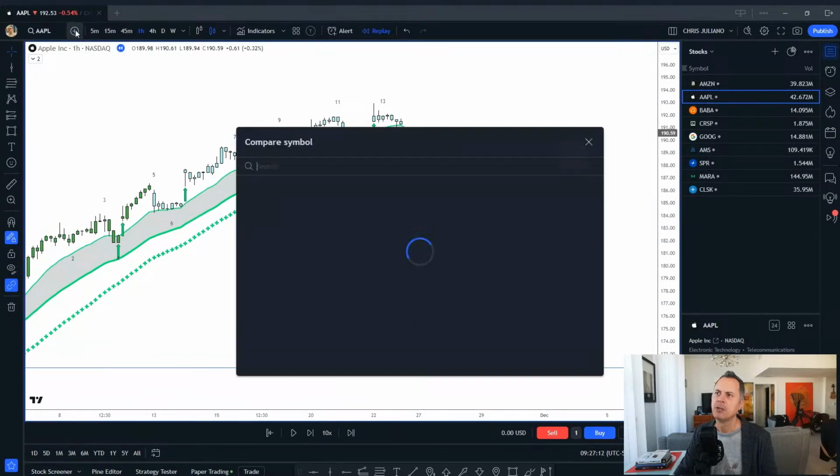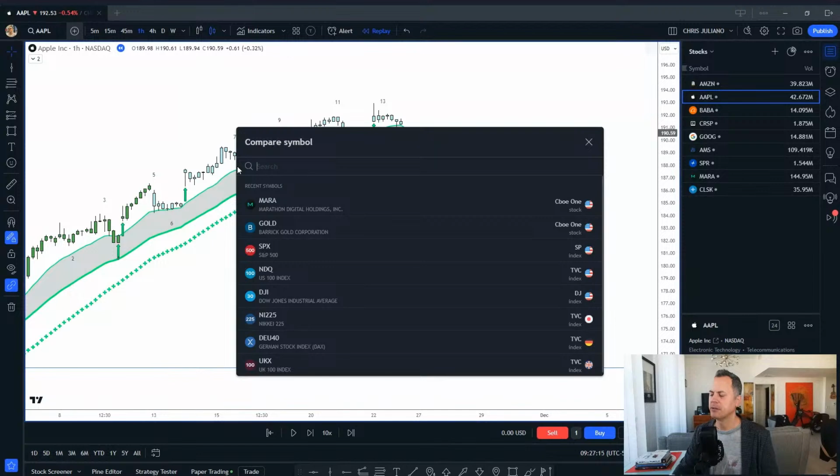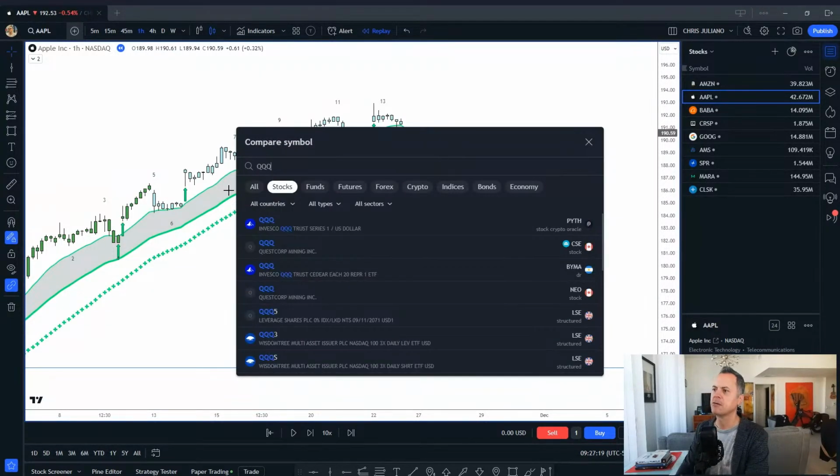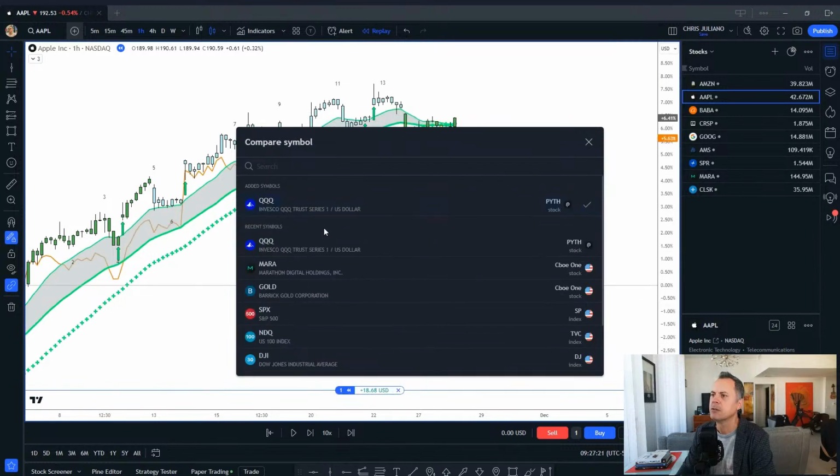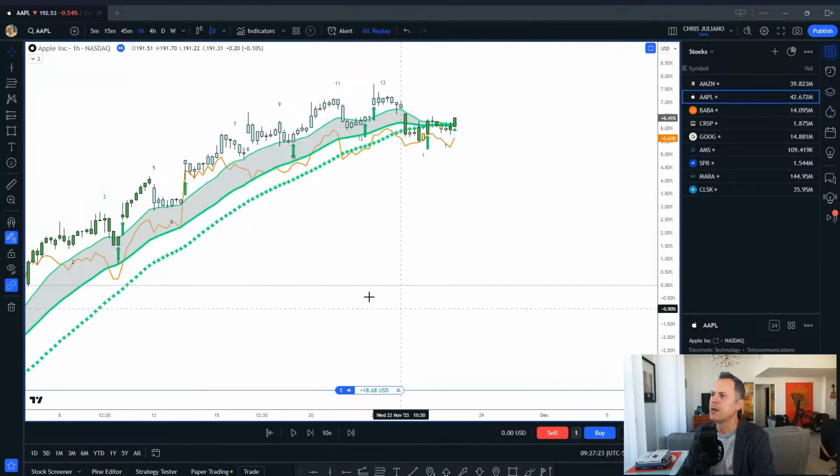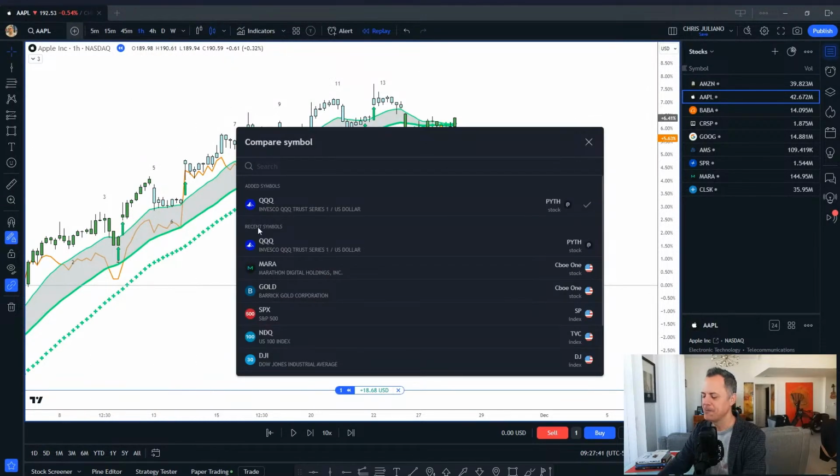Here's Apple. Let's put the ETF for the NQ here, Invesco, and we'll put that up there. Okay, so Simon, do you see how Apple actually outperforms that ETF for Nasdaq? And if you put Nasdaq up there, you just click onto this little plus sign here. It's really cool, right? And just go NQ